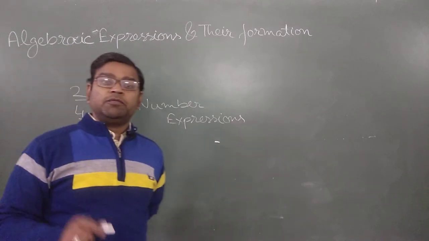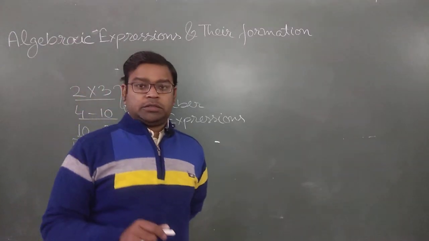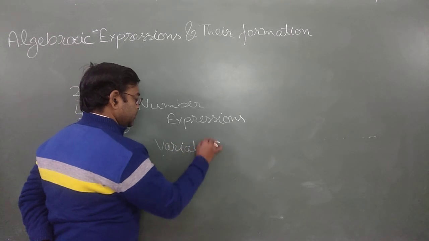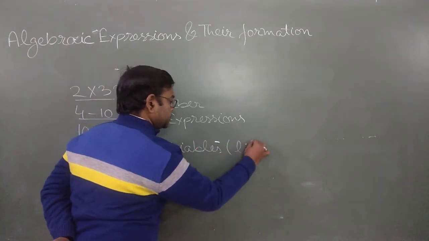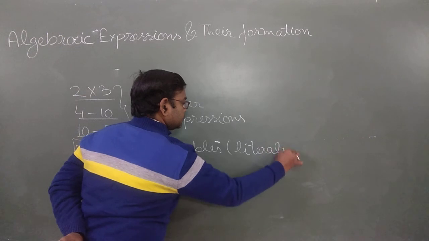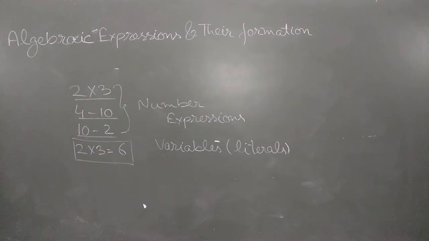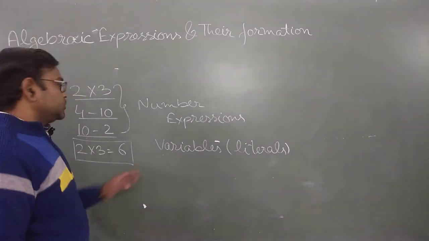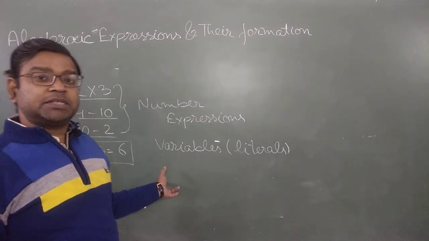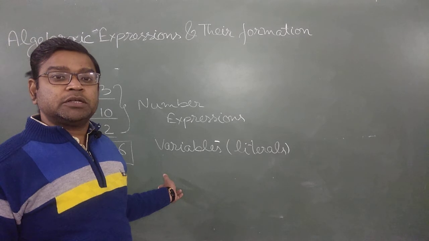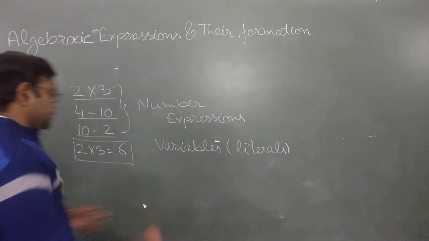What happens if we use variables? Variables are also known as literals in algebra. So this is a type of number expression. If we use variables, such types of expressions are known as algebraic expressions, or expressions with variables, literal expressions, all these things. For example,